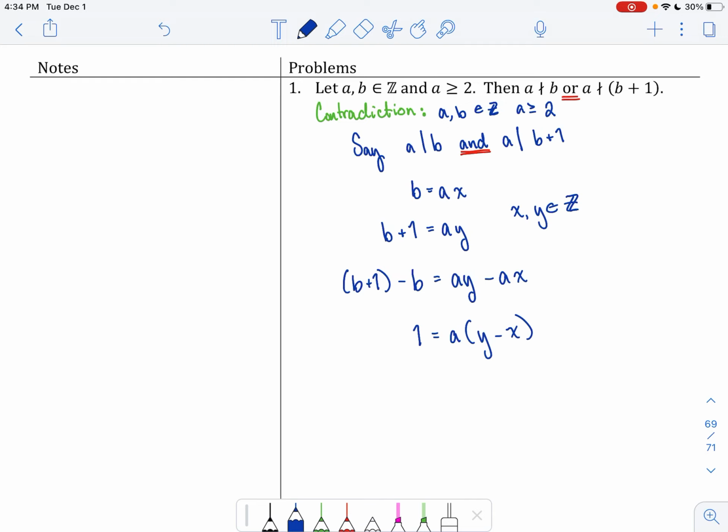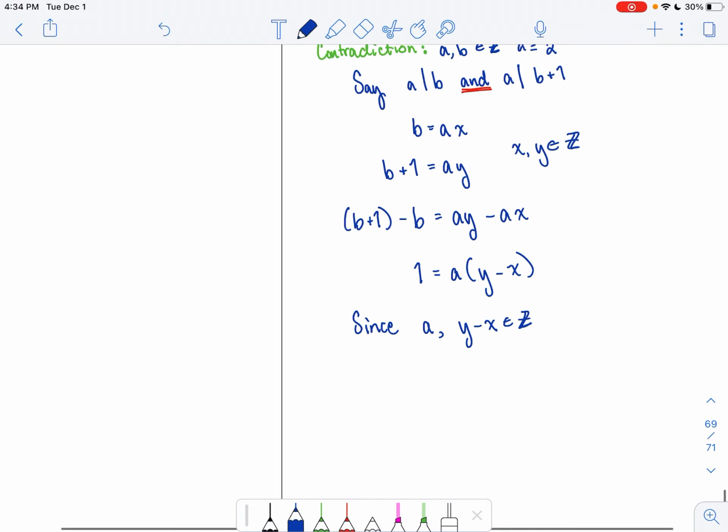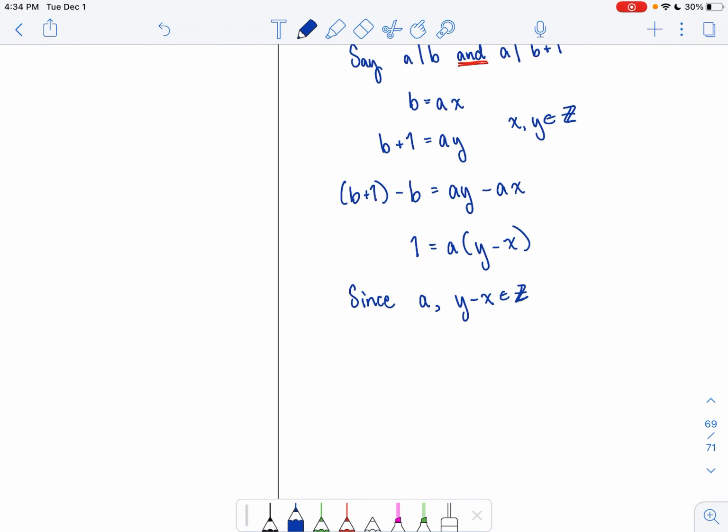Now what's important here is that since a and y minus x are both in the integers, because of closure under subtraction, and we know that they multiply to 1, that means a is equal to plus or minus 1, and y minus x is equal to plus or minus 1. Now, we're not so worried about this term here. However,